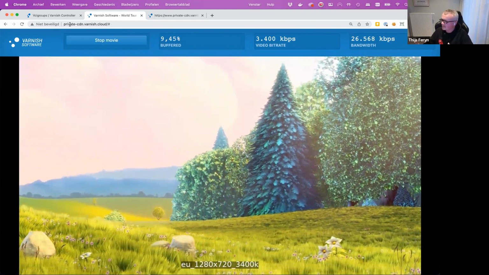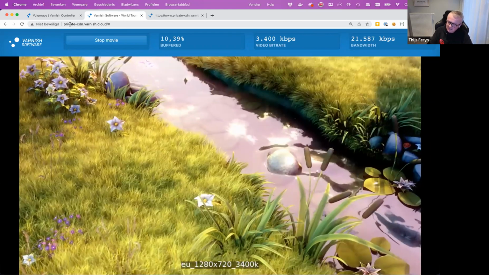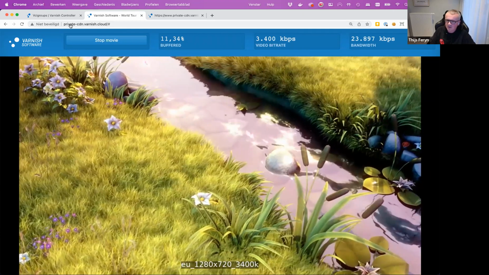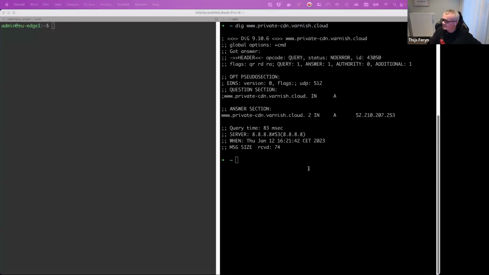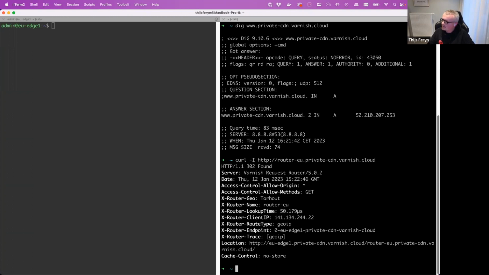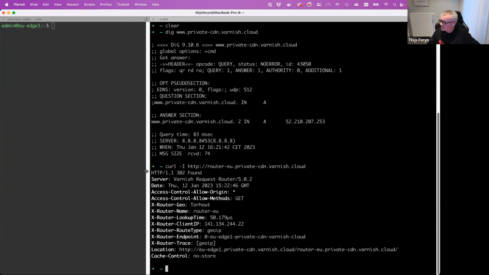to the right IP. I was also talking about the HTTP interface, and I'm going to quickly show that one to you as well. So instead of always relying on DNS, you can actually do an HTTP call. Now, this curl command, that is how we do an HTTP call from the command line. So I'm going to call router eu.privatecdn.varnish.cloud. And I'll widen the screen a bit for your convenience, maybe clear the screen so there's more screen real estate,